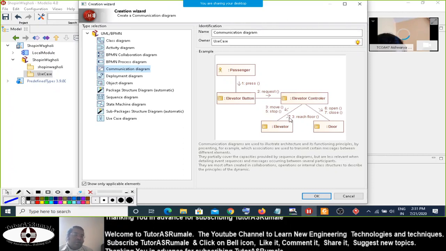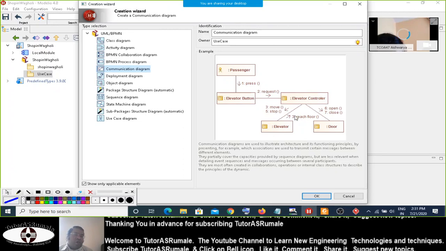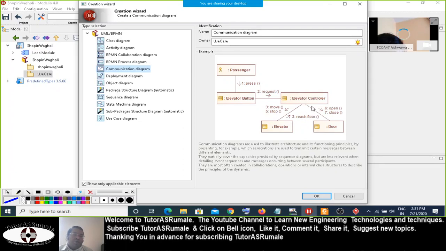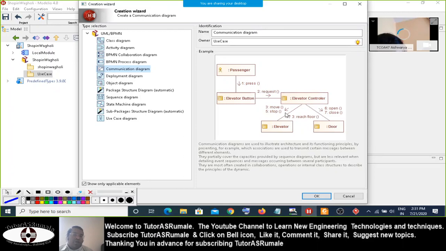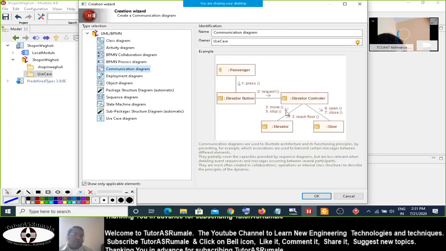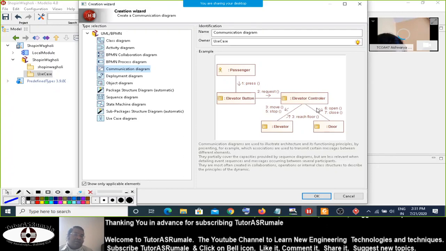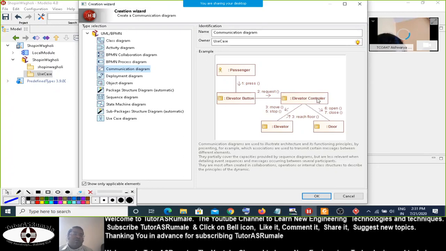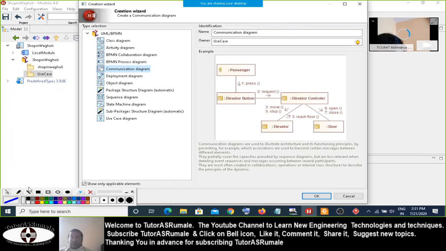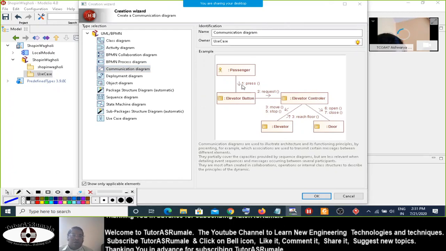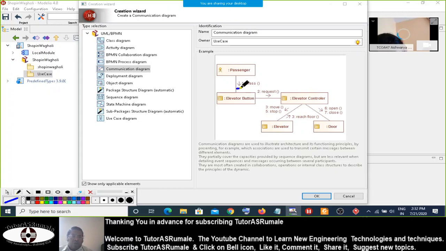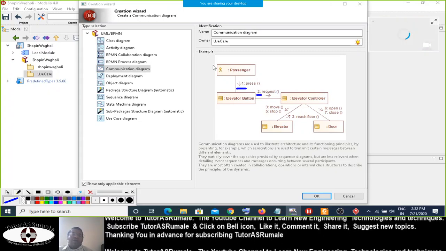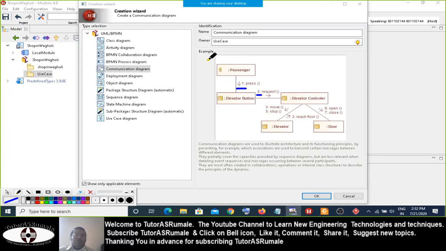The elevator responds to this move command when it reaches the particular floor. When it reaches the floor, the elevator controller gives the stop command. Once the stop command is given, the sixth command is open and the seventh is close. So this is the complete lift operation. These numbers are given to show which operation occurs when. This is called a communication diagram in UML.